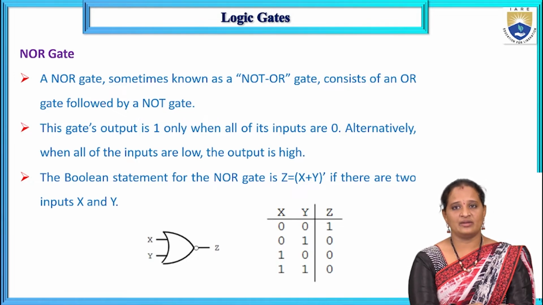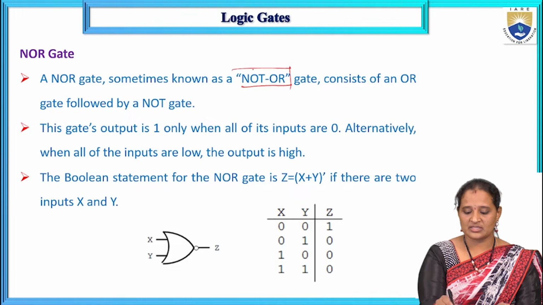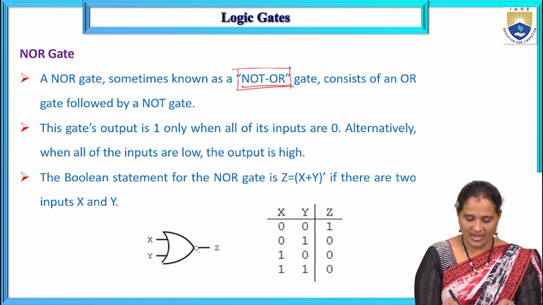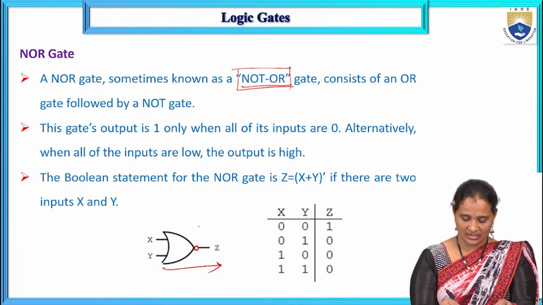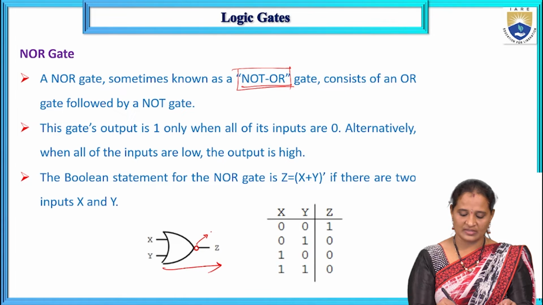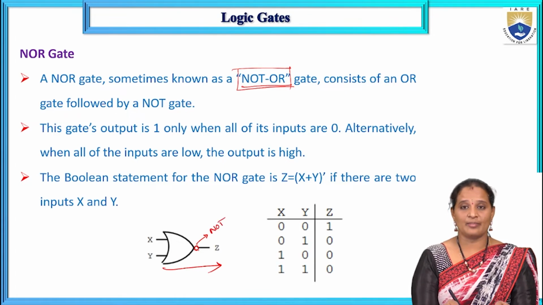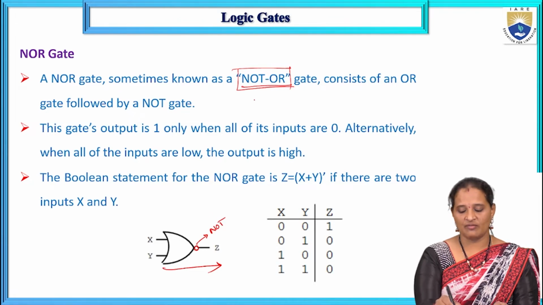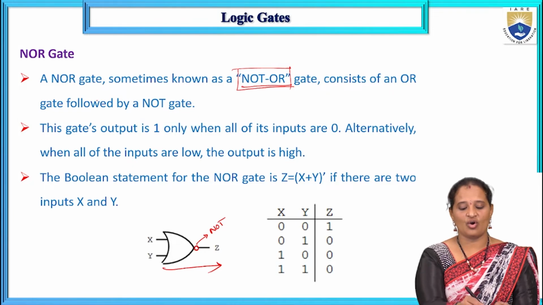So NOR gate is also known as NOT OR gate. That means NOT of OR gate. So OR gate followed by a bubble is nothing but NOT gate. As I already told you, this bubble always indicates NOT. So OR gate with a bubble at the output side indicates the NOT gate. So that is why we can also call it NOT OR gate, and it consists of an OR gate followed